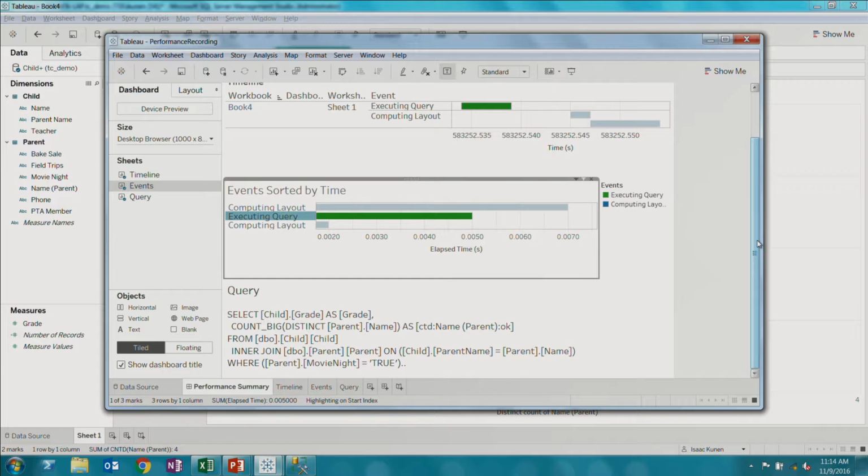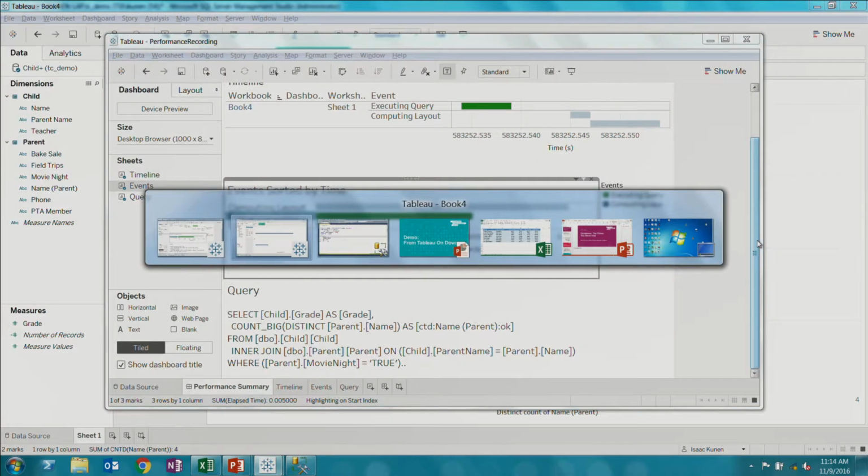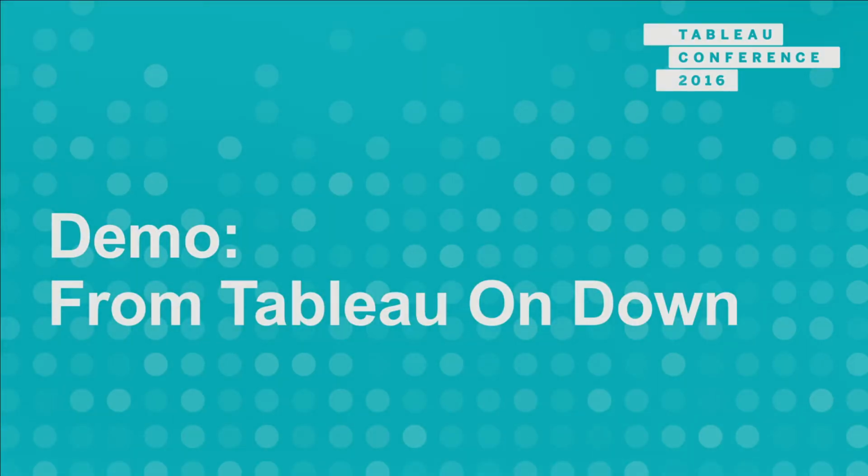And so this is what Tableau is doing. I put my things into shelves. I tell it what are my dimensions or measures, which tells me what to group on, what to aggregate on. And then Tableau under the covers is generating that SQL query, sending it off to the database, getting back the results, and then putting a nice visualization on top of it. OK? So back to the presentation.